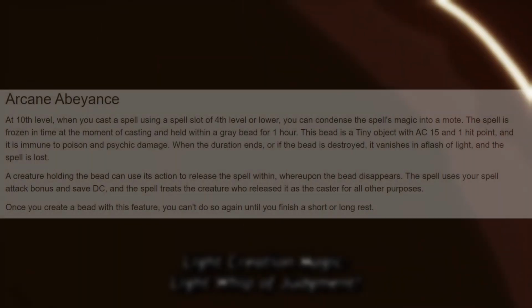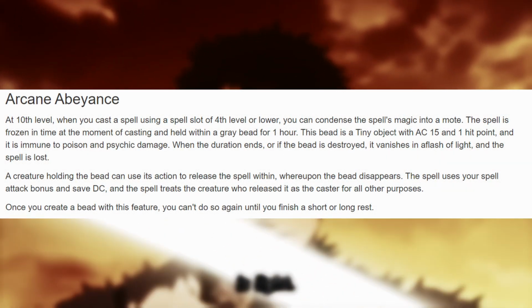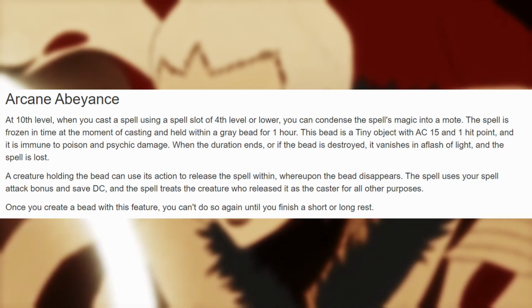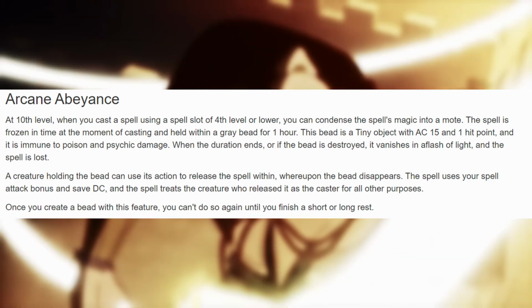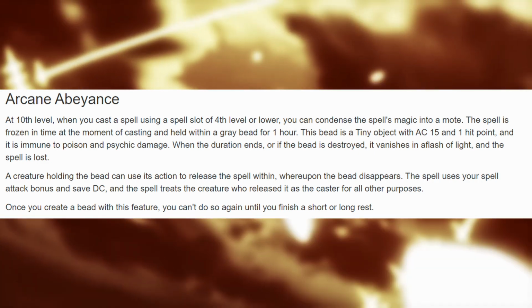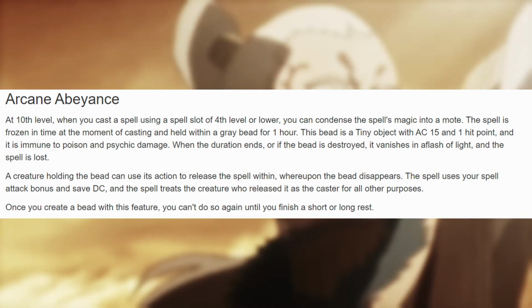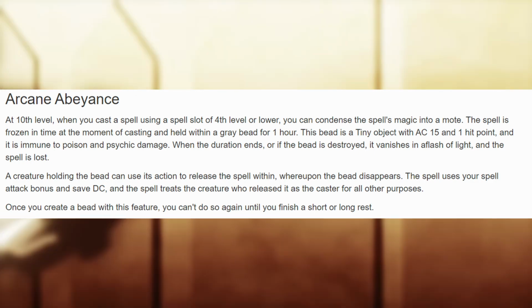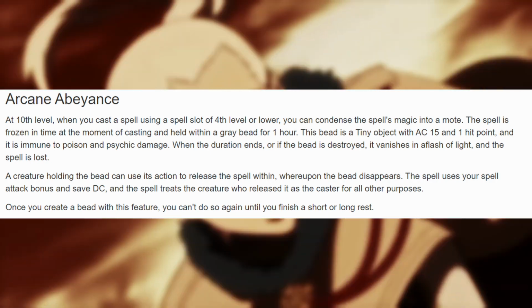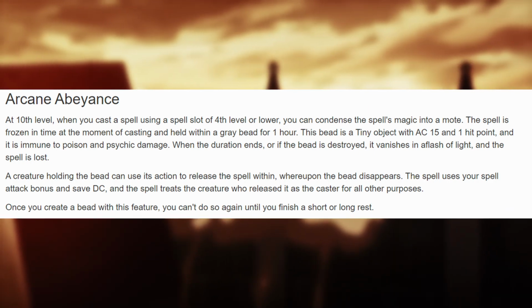Arcane Abeyance. At 10th level, when you cast a spell using a spell slot of 4th level or lower, you can condense the spell's magic into a mote. The spell is frozen in time at the moment of casting and held within a gray bead for 1 hour. This bead is a tiny object with an AC of 15, 1 hit point, and is immune to poison and psychic damage. When the duration ends, or if the bead is destroyed, it vanishes in a flash of light and